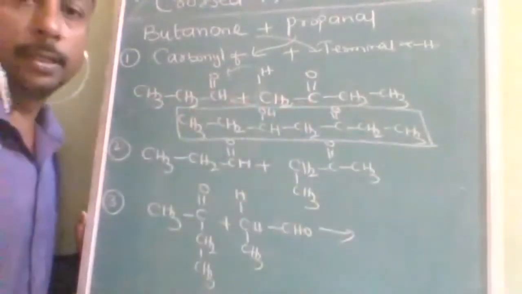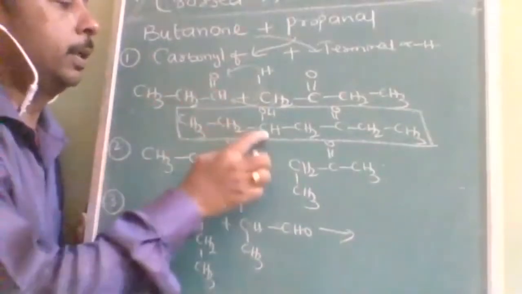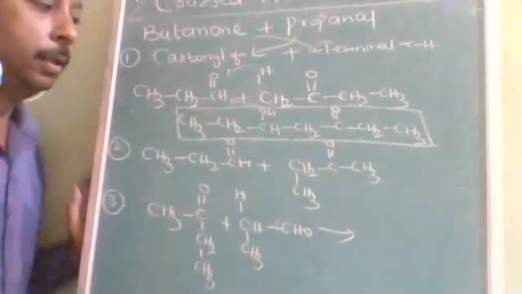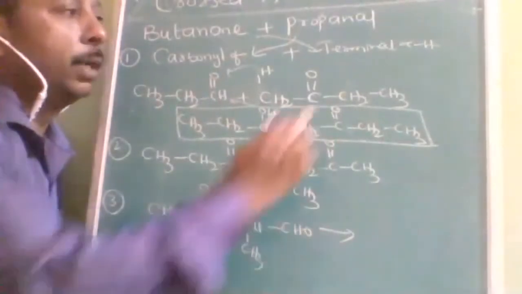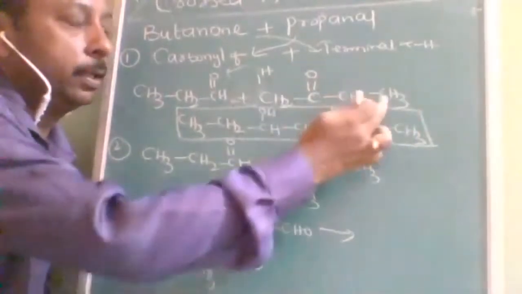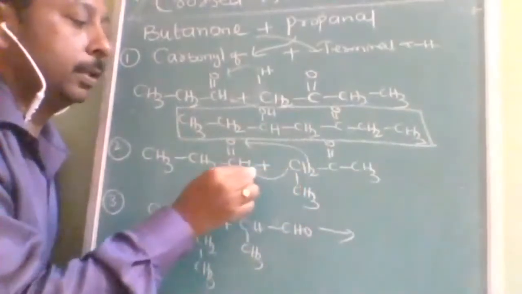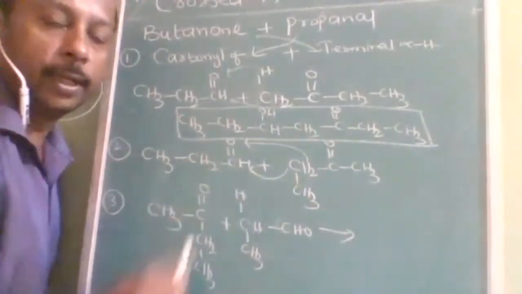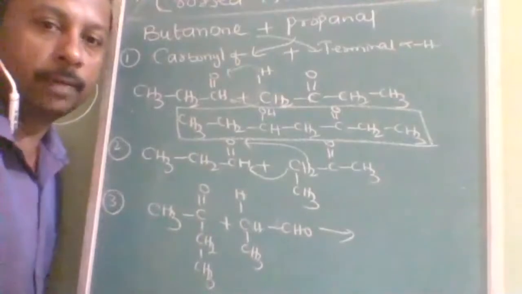Is it understood, guys? So CH3, CH2, CHOH, then CH2 attached here. This is one product. Similarly, you can also form another product by using this other alpha hydrogen. Flip it to that side and write this CH3 on this side, so that this alpha carbon attaches itself. Like this you can write the second product. Any doubt about this? I think you don't have any doubt.